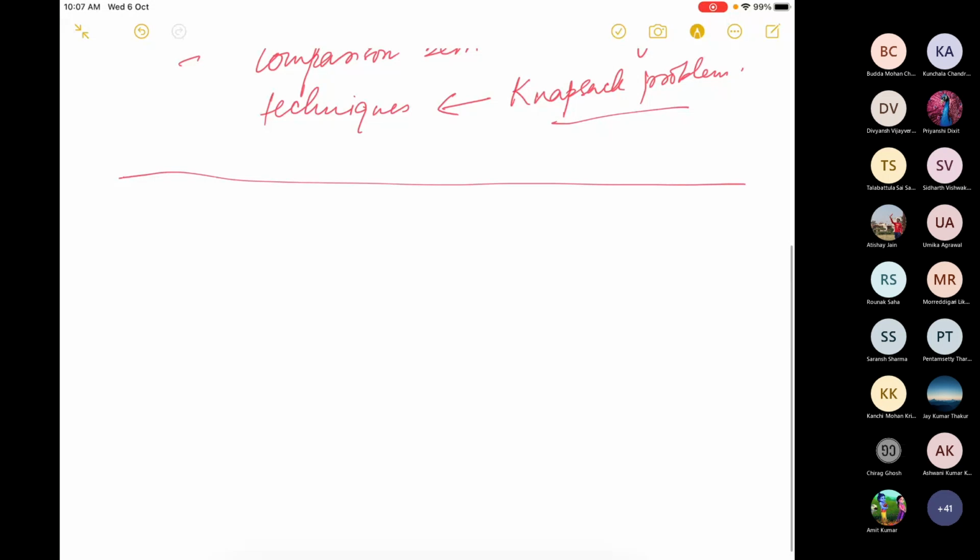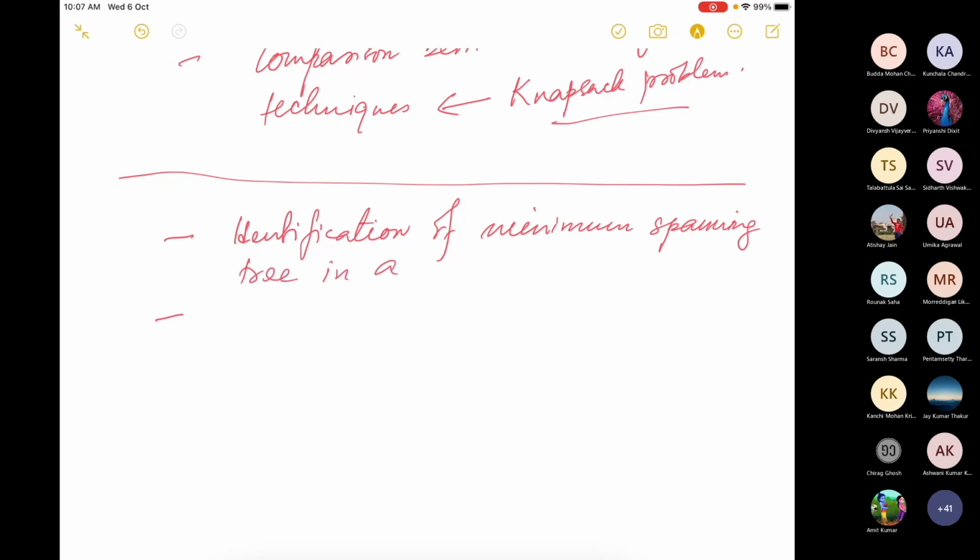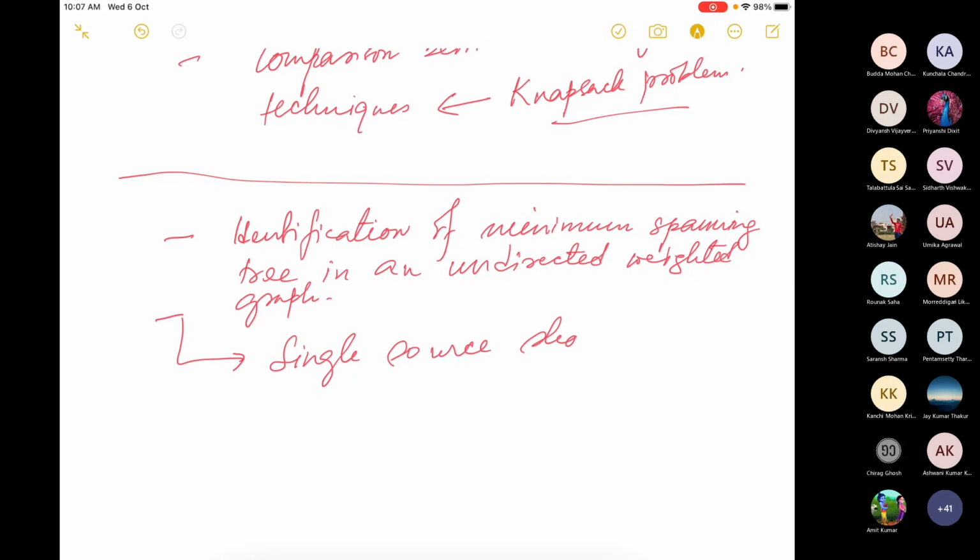So, as I said, we will start with greedy on graphs, and the problems that we are going to tackle here are identification of minimum spanning tree in an undirected weighted graph and single source shortest path